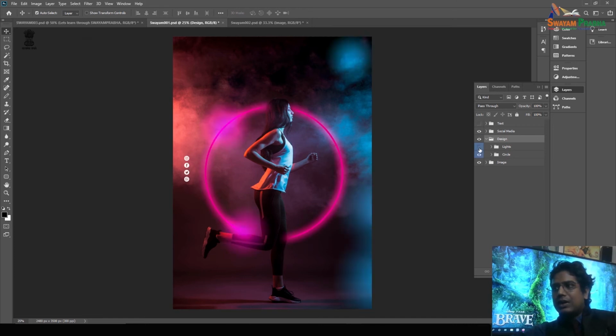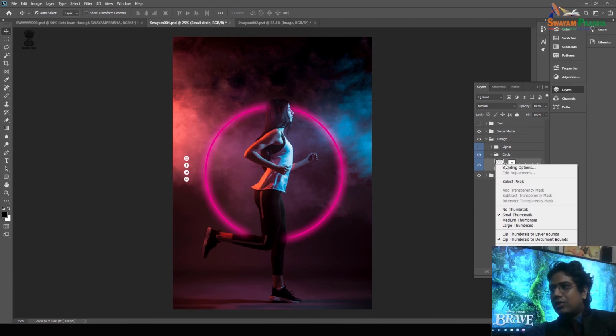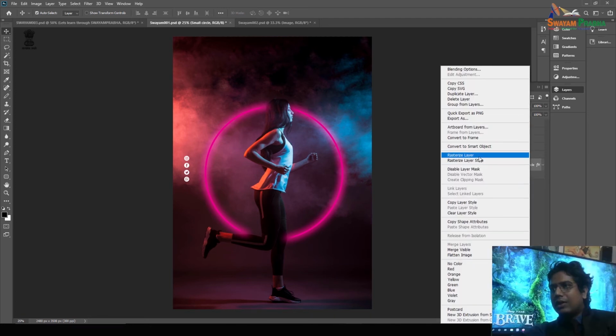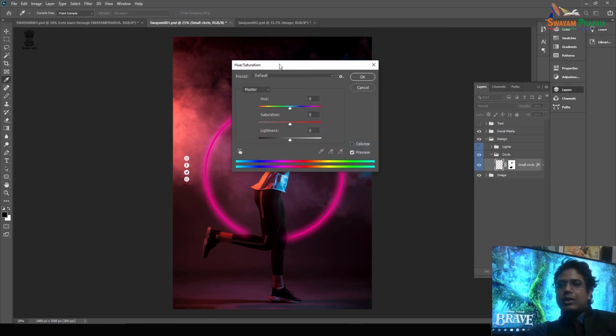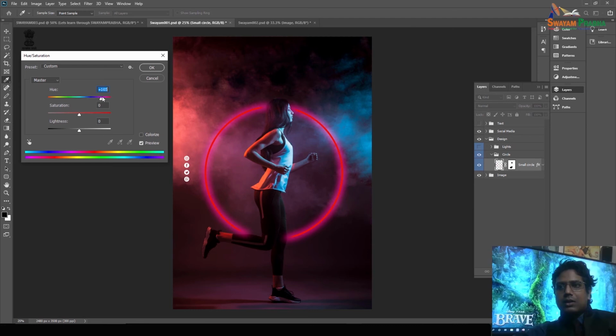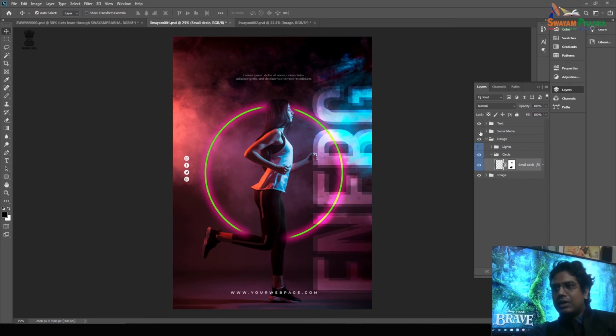Even in the last class we had learned about the hue also. So simply what I'm doing, I'm selecting this one, right? And we can even change the color with the hue also, right? So with the help of hue we can simply change the color. I am hitting the hue option, and here you can see you can change the color of the circle also. Very easily you can modify and manipulate the result over there, like some texts are over there. This is one example of an advertisement of a gym, right?